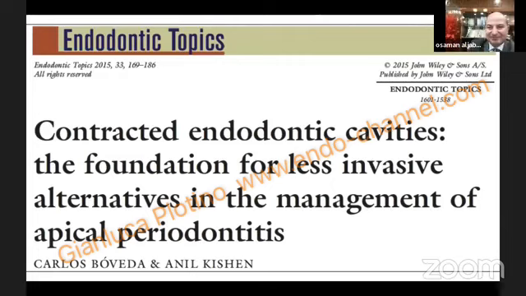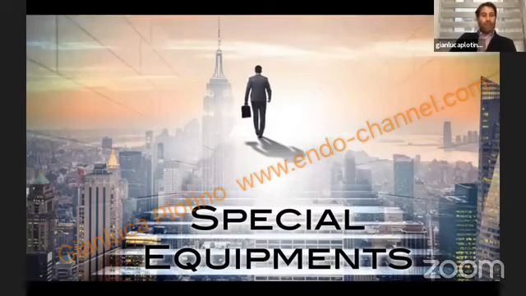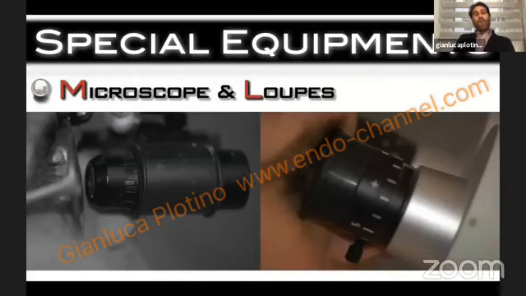No problem. Let's see the role of modern technologies in minimally invasive endodontics, because we have to say that we need special equipment, special techniques and special devices to perform minimally invasive endodontics. First of all, we probably need at least a loupe, if not a microscope, even if in some particular procedures we need a microscope.